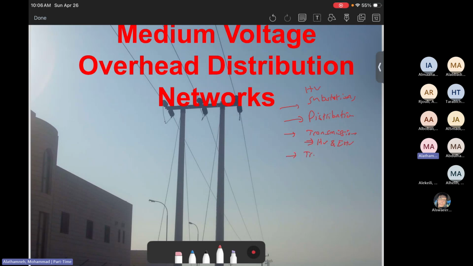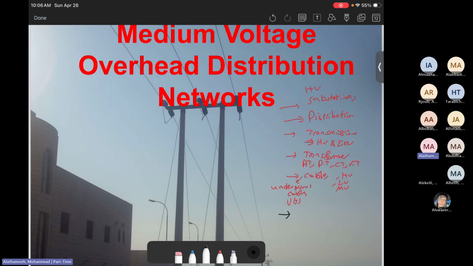After that, we talked about the transformer, and most likely we mentioned the power transformer, distribution transformer, CT, VT, etc. Then we mentioned the cables. On the cables, we focused more on high voltage cables, but we discussed also low voltage and medium voltage cables, which we call underground cables, or in other words, UGS.